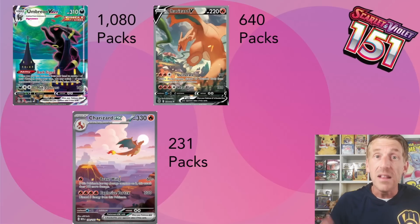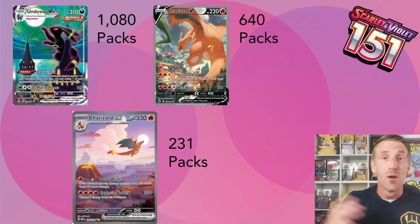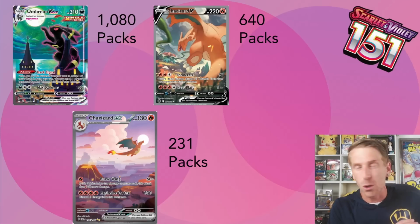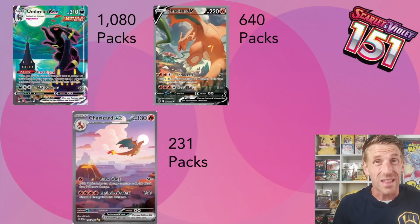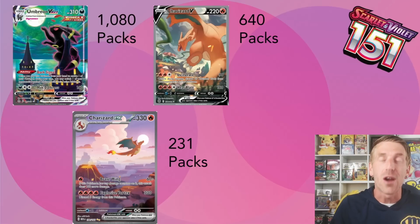They are going to be stocking these mini tins, which basically breaks booster packs down to about $4 a piece for Scarlet and Violet 151 packs. So pay attention to Discord. Join the Discord if you're not already in there, but there's other places that you can follow on Twitter and places like that. Or just going into Costco, eventually you'll be able to find, hopefully, some Scarlet and Violet 151